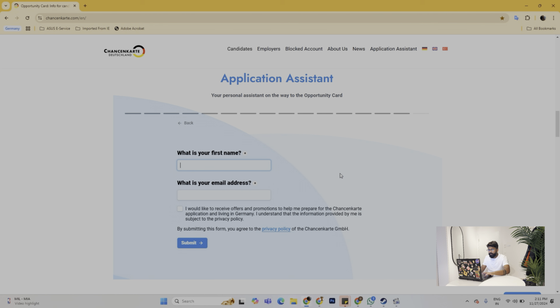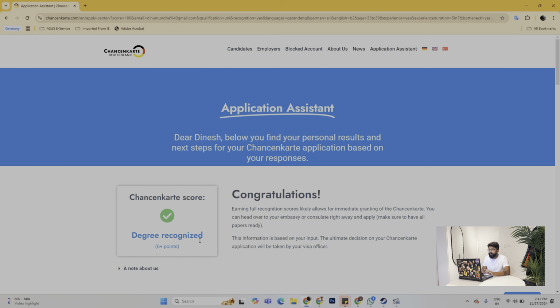So I will give my first name as Dinesh, and the email address I will be providing. Okay. We'll select the terms and conditions and we'll click on submit. Once you click on submit, the application assistant will tell you whether you are eligible for the opportunity card visa or